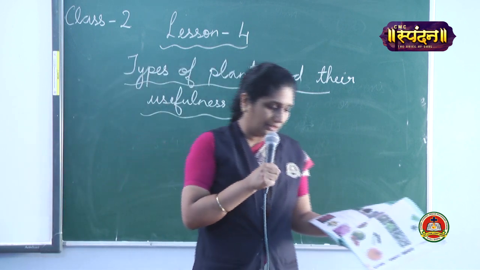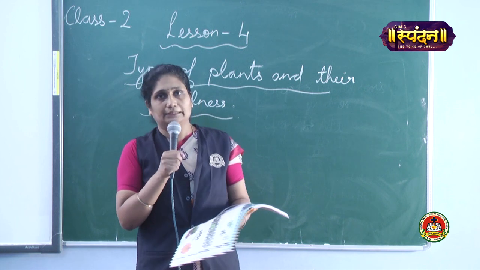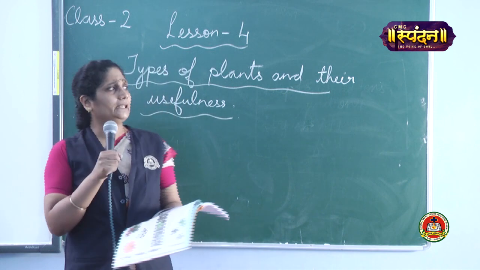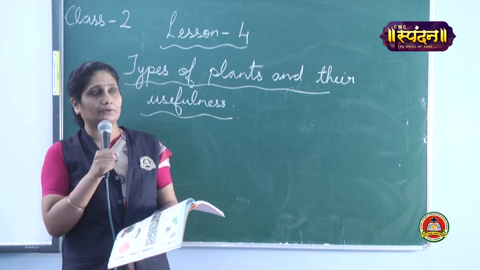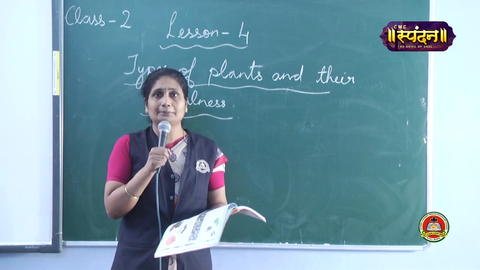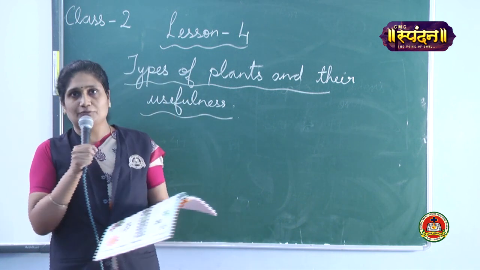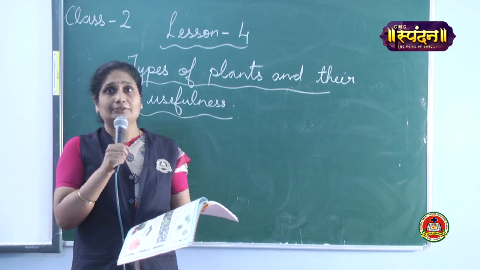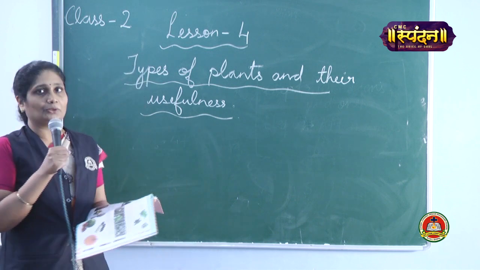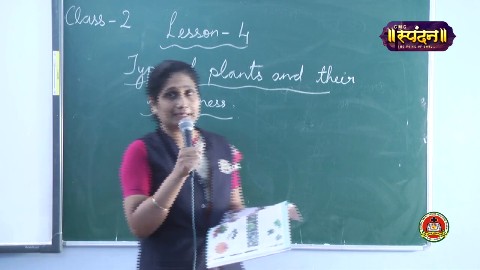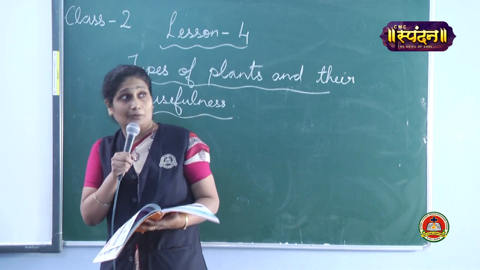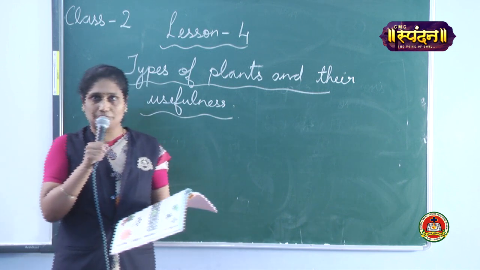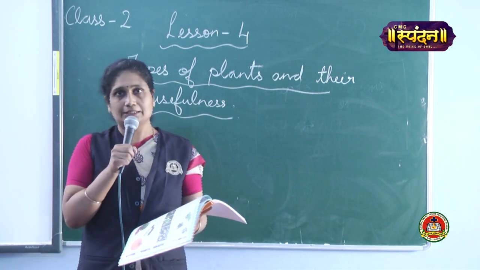Now, as you all know, living things are divided into plants and animals. Now you can see many plants around your school, around your neighborhood. What are the plants you see, children? There are many kinds of plants. They are of different shapes and colors. Yes, you can see big plants, small plants, very small plants. Isn't it, children?